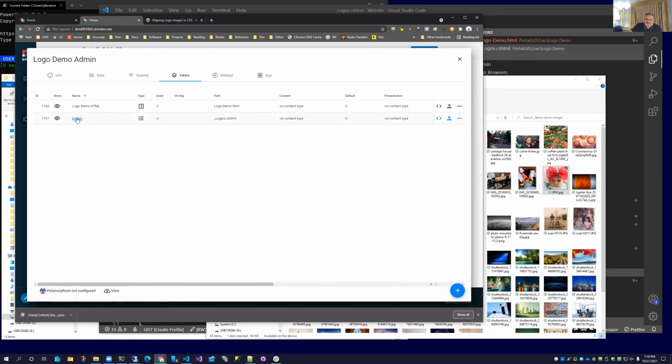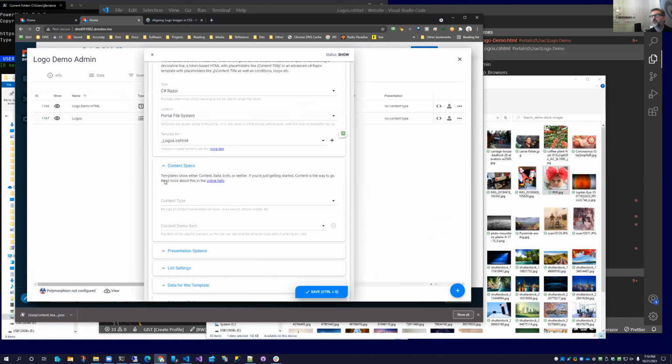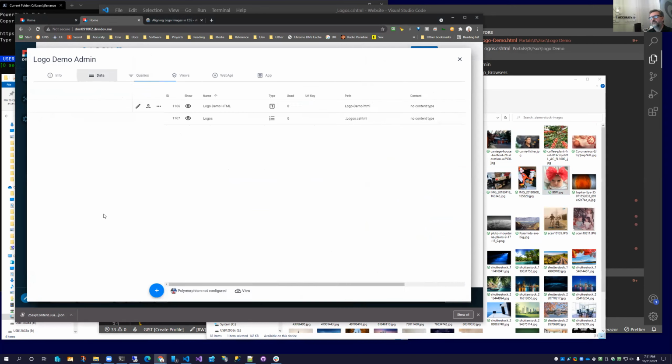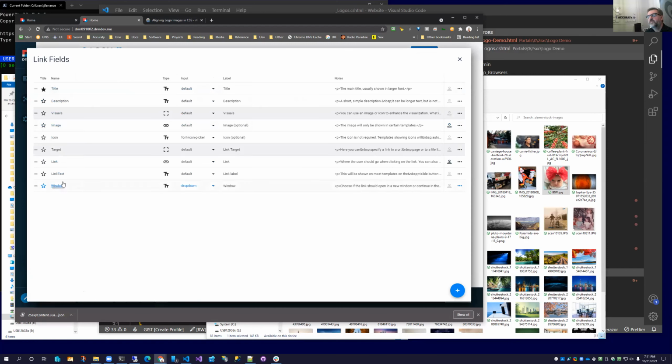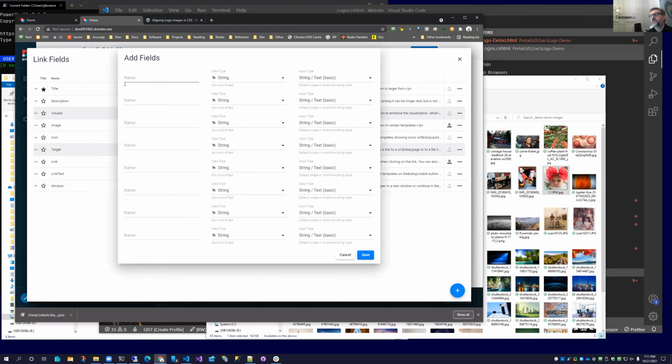So now we go back to the view that we made, and we now have a content type. The first thing I did is I skipped a step, so we're going to go back to the data. One of the things we do that I think also helps a lot is if we use the link content type or an existing one that we've made as it is, we leave the name the same. If we change it, so in this case, I actually know ahead of time that I'm going to want an alt tag to put on these images to make them more legal.